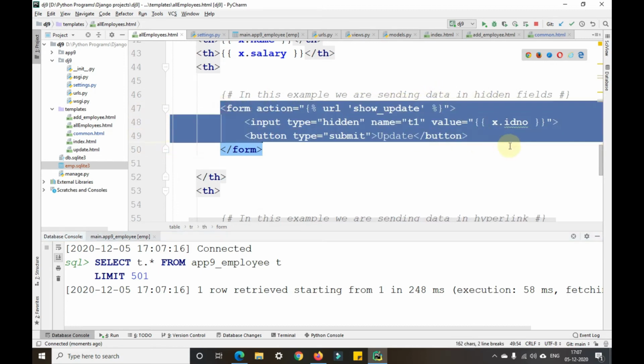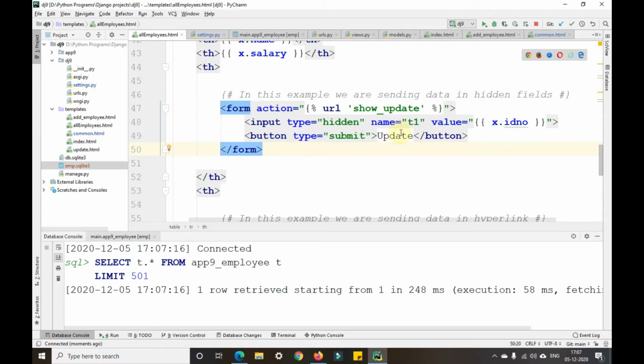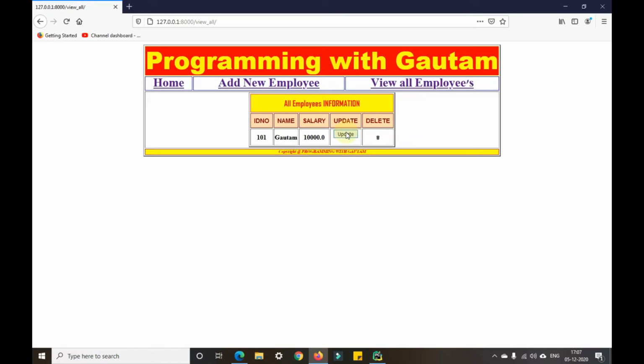In this particular button, I have sent the data in the form of hidden fields. When I click on update, you can see nothing pops up. When I click on delete, you can see something appearing here. Just observe, guys: it is going to delete with the number equal to 101.